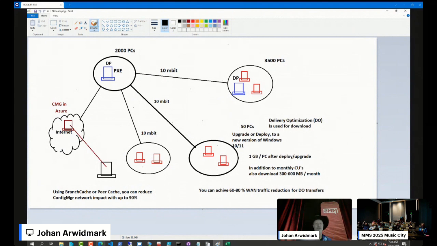All right. So back to content. DO is important if you have a distributed environment. The trick is to group machines that are well connected to each other and have them peer content to each other. The DO team, some of which are here at this conference, made a change earlier this year where they are now allowing Windows 11 clients to peer much more than they ever had before. Prior to this year, if you have a Windows 10 box or an unconfigured Windows 11 box,